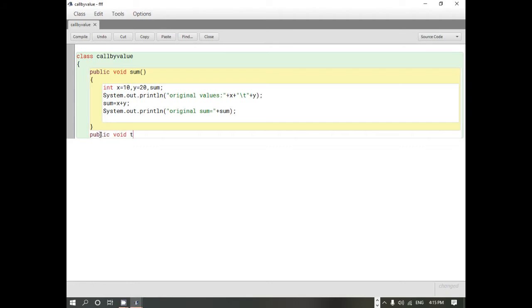So public void test, and here two arguments will be passed and the method is call by value method. Here I'm going to put some values to the variables.